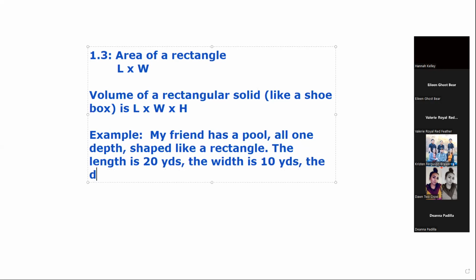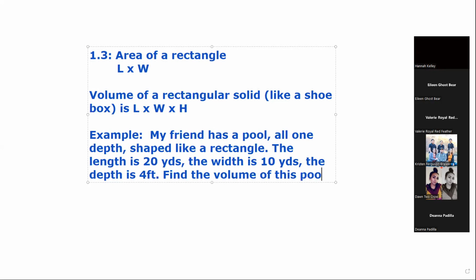And the depth, and I'll just keep this all in US customary, not in metric. The depth is 6 feet. Now, if it was all one depth, it wouldn't be all over your head. Because what about the kids? Let's say the depth is... I'm trying to think of one that'll come out evenly. 5 feet, still too deep for the kids. Well, 4 foot. We can handle this. Okay. Find the volume